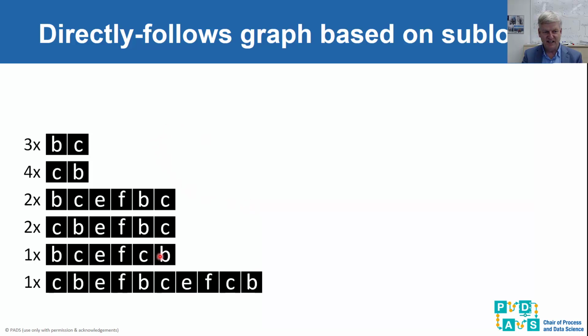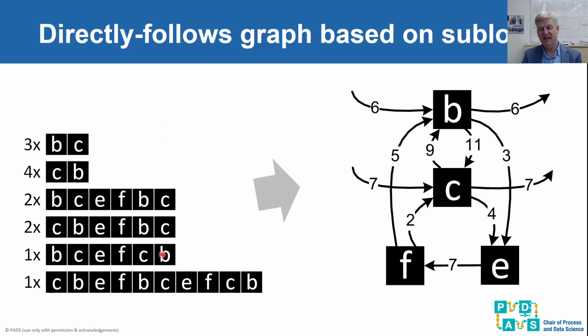So this was my green log. Then we again create a directly follows graph. For the sublog it looked like this. And again we look for certain patterns. So now we can look for a sequence cut, but that is impossible. We are unable to partition this graph in a way that meets the requirements of such a sequence cut. So what we do next is that we look for other cuts. So we look for a parallel cut, we look for a choice cut. This is not possible, but what is possible is that we find a cut corresponding to